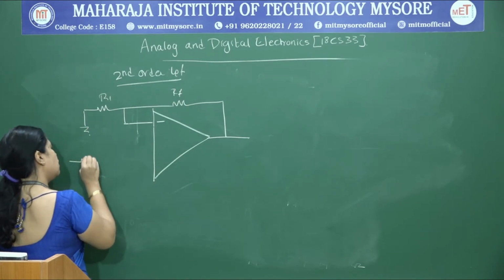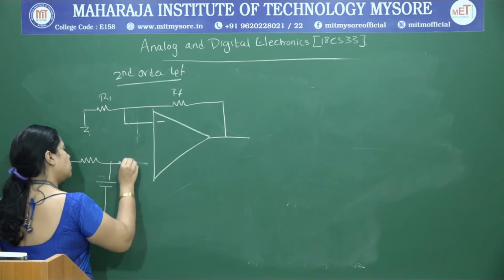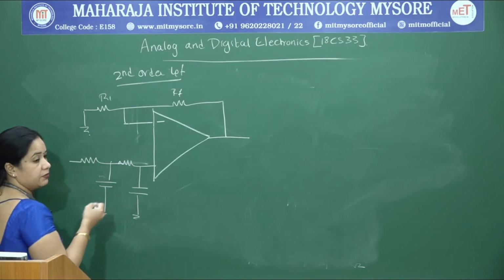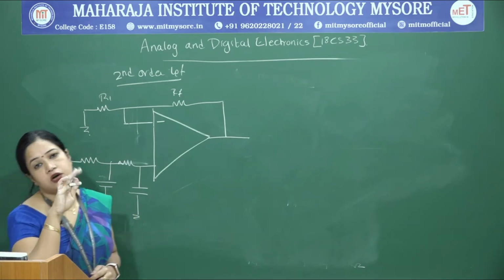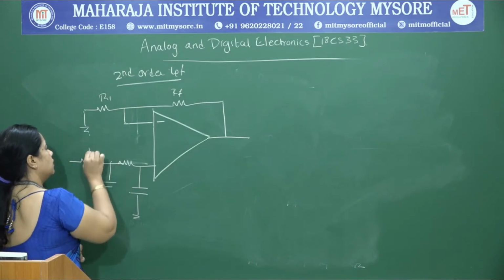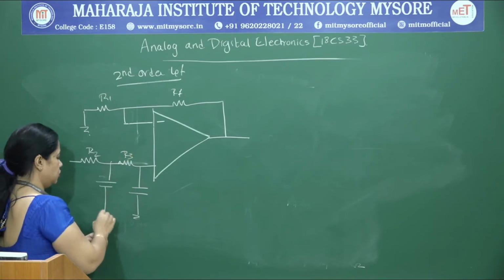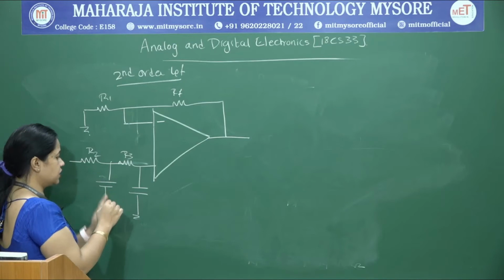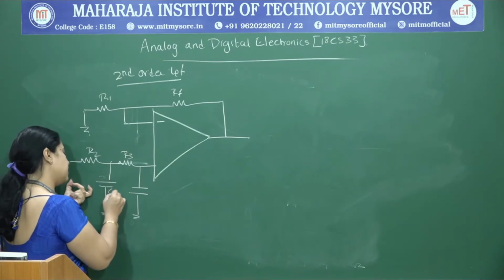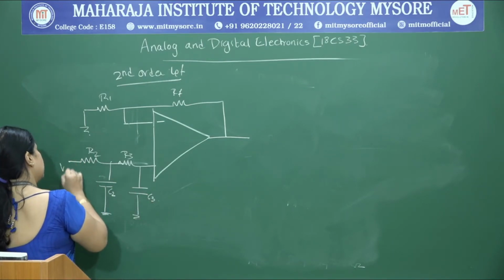Here, instead of one RC section, I go with two RC sections, each one providing a roll down of 20 decibel per decade, accounting for a total of 40 decibel per decade roll down factor. To distinguish, just to indicate this is part of the first RC section with R2, I will designate this as C2 and this as C3. This is where I give the input.